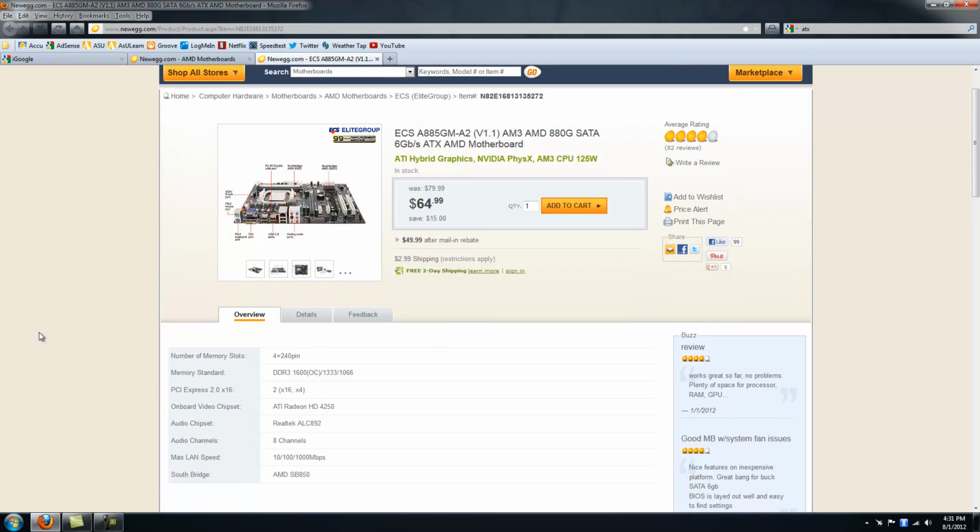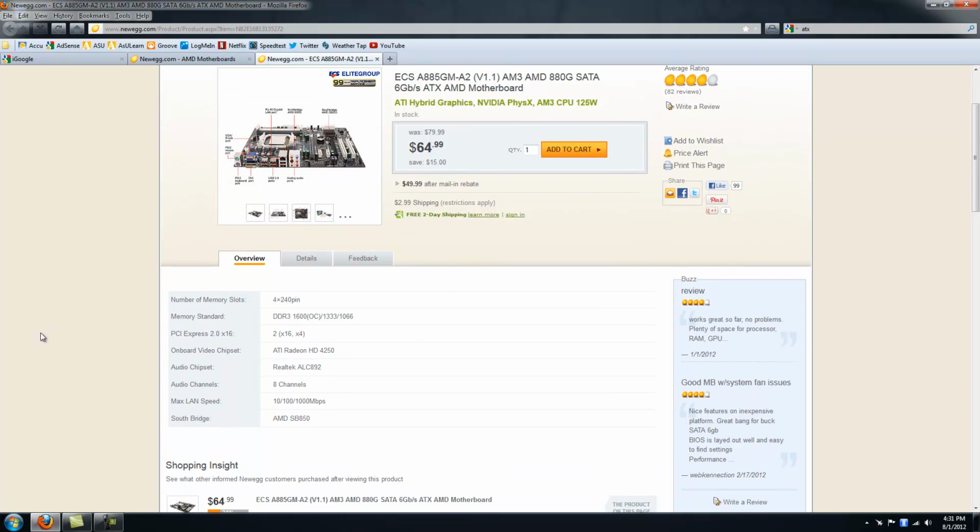It used to be a long time ago that integrated audio was pretty crappy and sounded horrible. But now they're usually pretty decent. For me, I still will always have a sound card in my computer. But if you have a basic computer, you don't need more than an integrated audio chipset, which